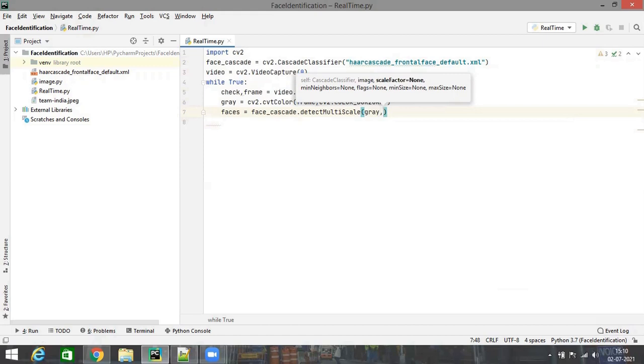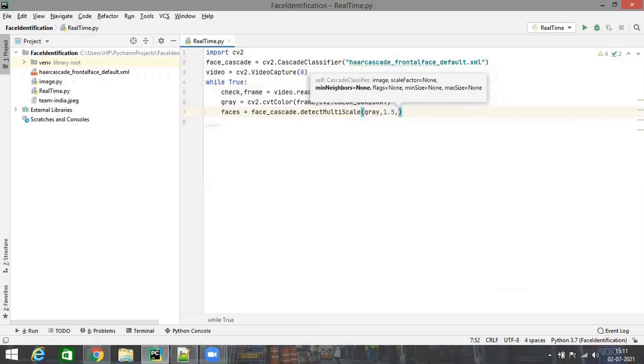Next, it is going to take the scale factor. Now what the scale factor does is keep on reducing the size of your image until the region of interest, the target object, is found. So let's say the first iteration of traversing the image pixel by pixel from top left to bottom right is done and certain face features are found. After that first iteration, it will shrink the size of the image for the second iteration, and it will help the system to detect the face features.